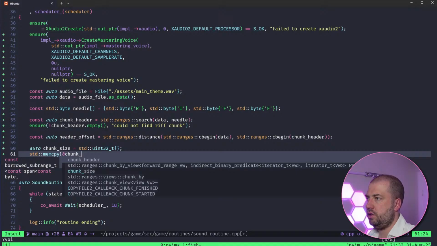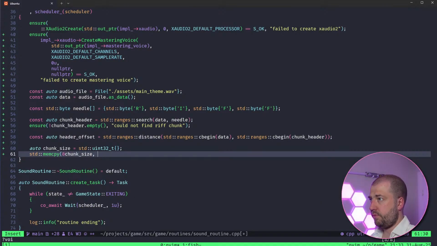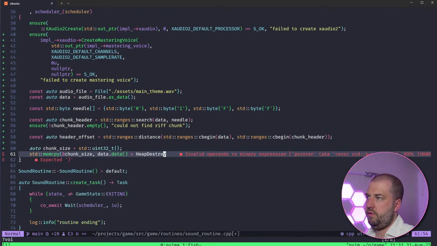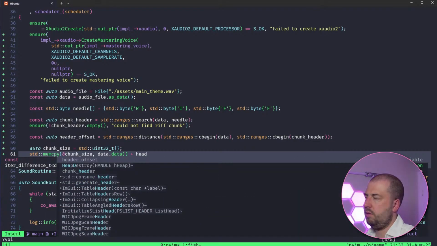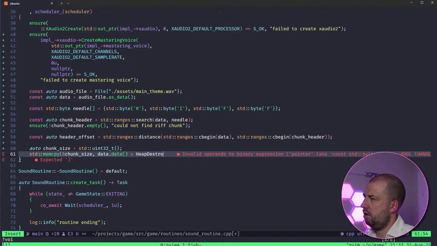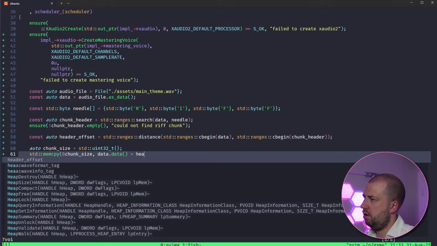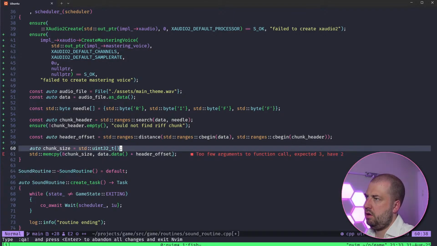Into the chunk size from data.data plus header offset. Do I even need to do this?